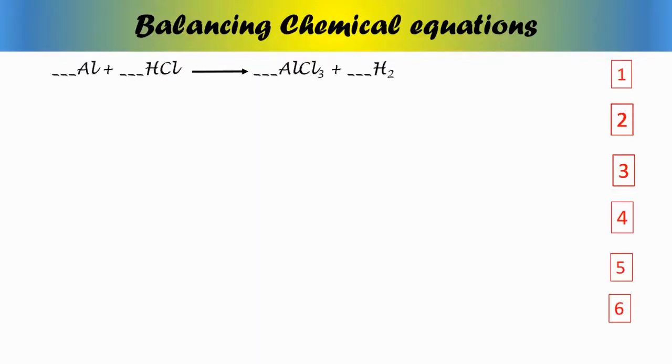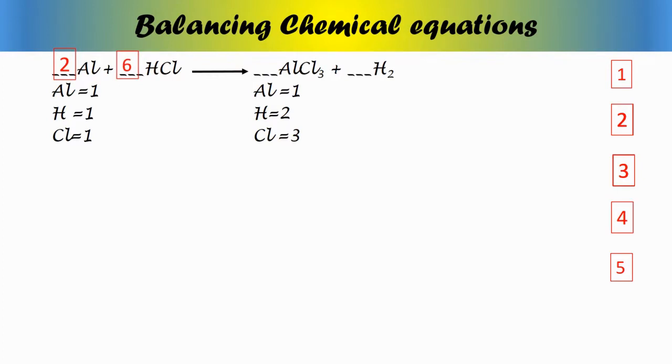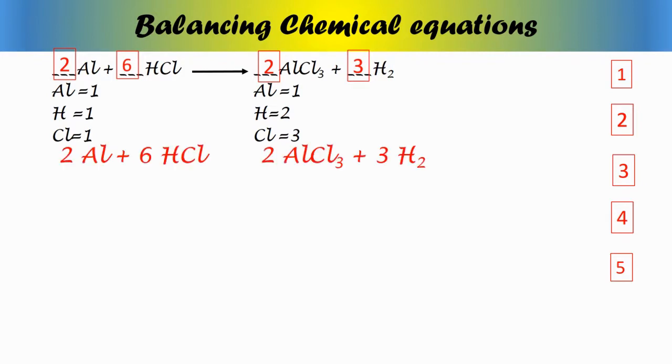Now let's try to balance chemical equations. Aluminium plus hydrochloric acid, we get aluminium chloride plus hydrogen gas. We have to see that the number of atoms on each side of this equation are the same. But we see that hydrogen and chlorine have increased. That cannot be. So by taking 2 atoms of aluminium and 6 molecules of hydrochloric acid, we get 2 molecules of aluminium chloride and 3 molecules of hydrogen gas. We write it as follows.